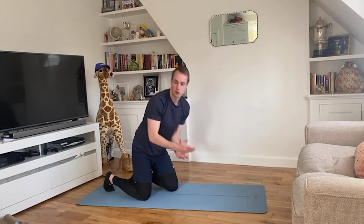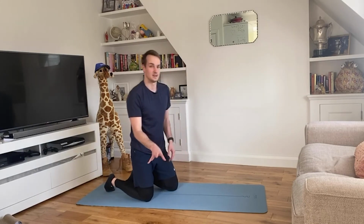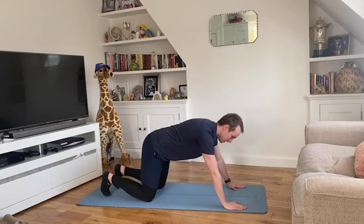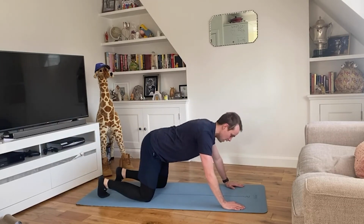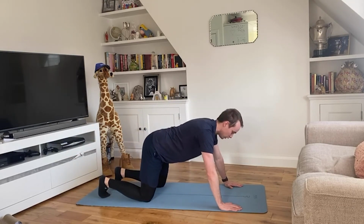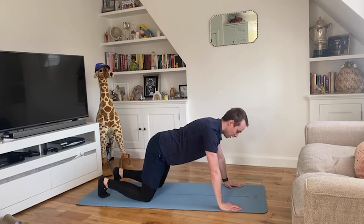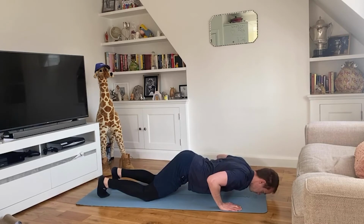Good. Now, how many of you forgot about the exercise that we just did? Hopefully you didn't, but I now want you to think about it, okay? As you lower yourself down into that push-up, pull your shoulder blades together. Try and separate across your chest as the elbows go a little bit wide. Don't take them really wide, still in that diagonal position, but pull, squeeze into the middle of your back,